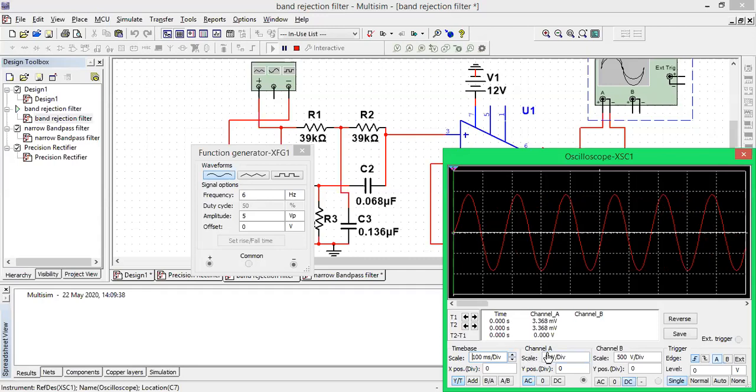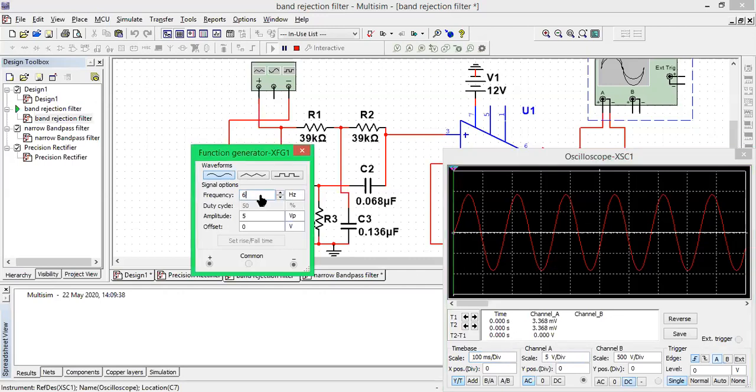See, on this scale, the number of boxes multiplied by this 5 will give the voltage, and the peak to peak gives the time division. You count the number of boxes multiplied by this time base scale to get the time in milliseconds. So from peak to peak multiplied by this will give T. F is equal to 1 by T. If you solve, you will get the frequency. So for 5 hertz, here the amplitude will be 4 into 5, around 20 volts.